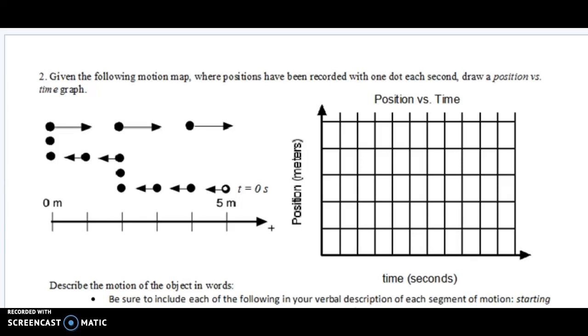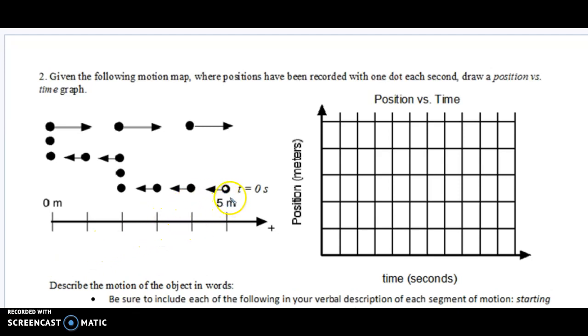All right, ladies and gentlemen, we are looking at practice set 1 of unit 1, and we're looking at the back page here. On number 2, it says, given the following motion map where positions have been recorded with 1 dot each second, draw a position versus time graph. This seems to be the hardest step for students, so I'm hoping that today I can help you get started